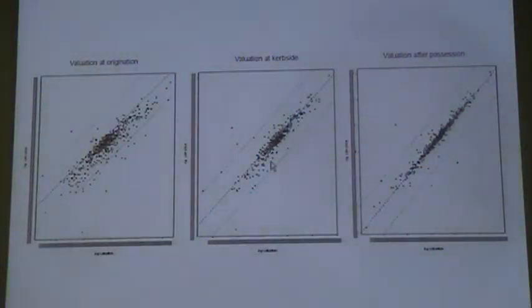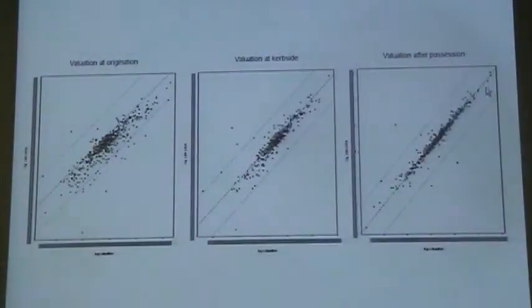This is what's called the curbside valuation. So after someone actually defaults, we send someone out to have a look at the property and basically check if the house is still standing. And after we've taken it into possession, then we'll actually go and have a look inside. Are the walls still intact? Are there cracks on the floors, that kind of thing. So obviously, as you get closer to the actual sale point, the noise is going to get lower, and you're going to get a much tighter distribution around that 45-degree line.